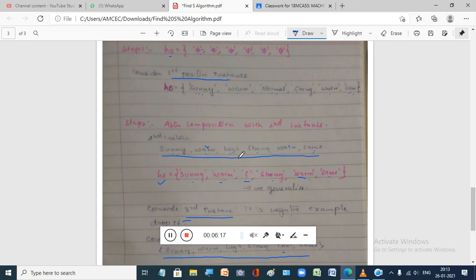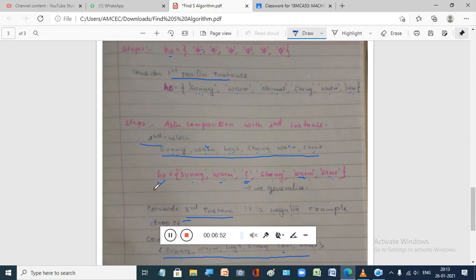Now go to the third attribute, high and normal. High and normal do not match each other. When two attributes do not match, you get a generalized one. So since high and normal are not matching, we replace that place with a question mark. Now go to the next attribute, strong and strong, matching, so strong comes as it is. Warm and warm matching, again warm there; same and same matching, you get same. Now you have finished with your second instance.